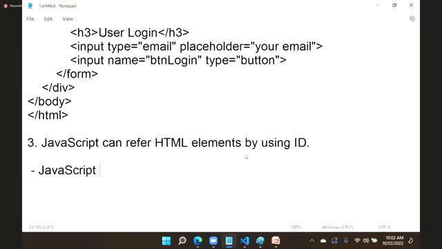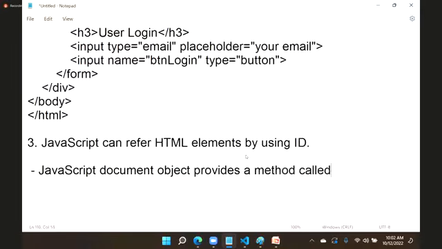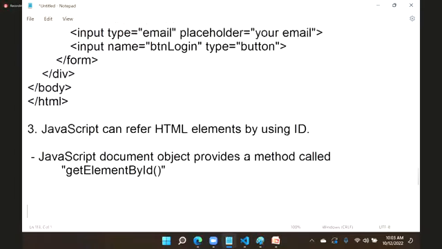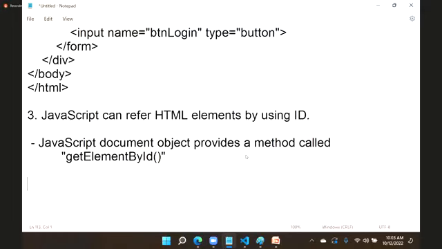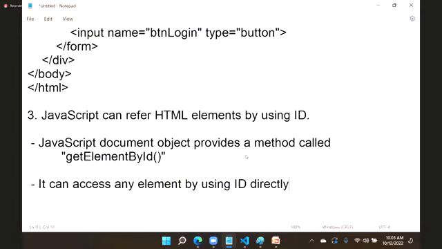JavaScript's document object provides a method called getElementById. It provides a method called get element by ID. What is the specialty is it can access any element by using ID directly. That means